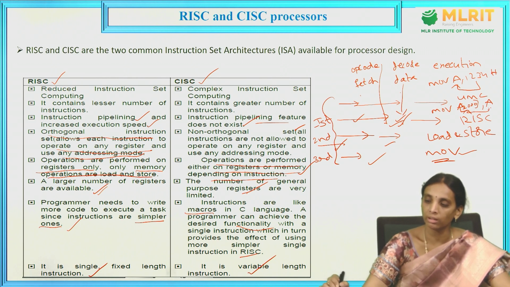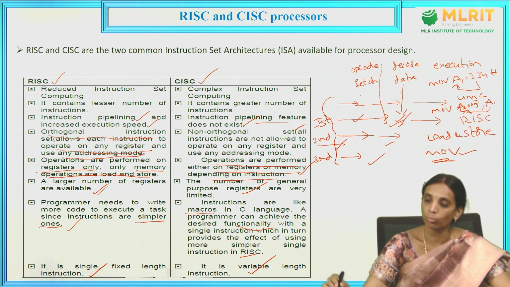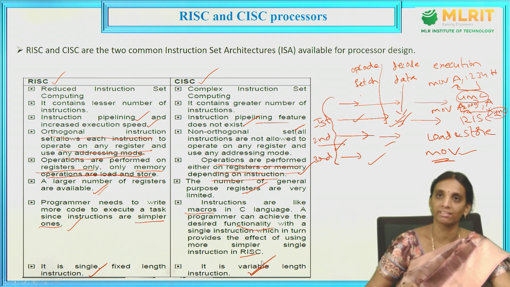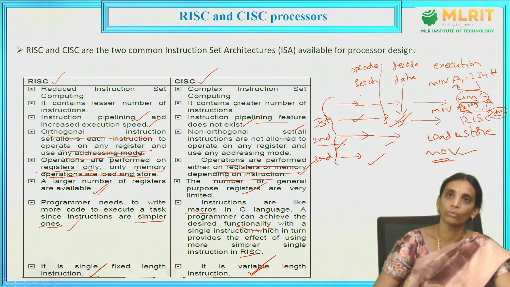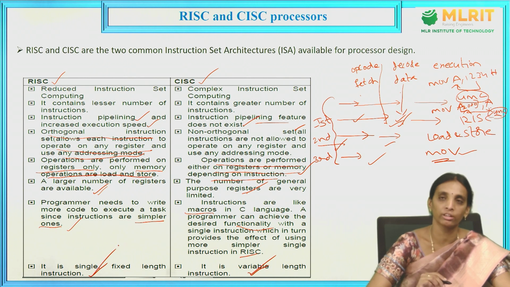So first we need to take the data from the accumulator and store it, lower byte data in one location and upper byte data in another location. That means it may take more than 4 machine cycles. So the instruction length will be different for each instruction. So here we have variable length instructions. In RISC, as we have used separate instructions for register transferring and memory transferring, the instruction length will be fixed.